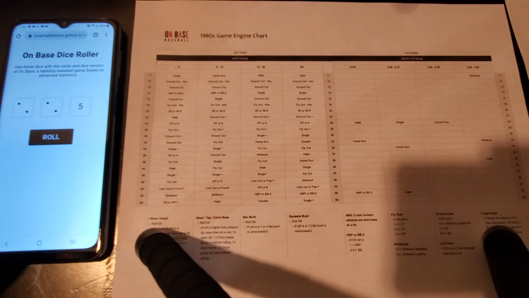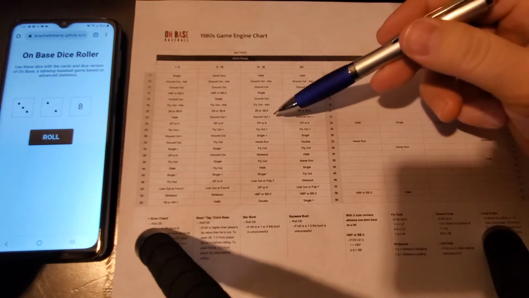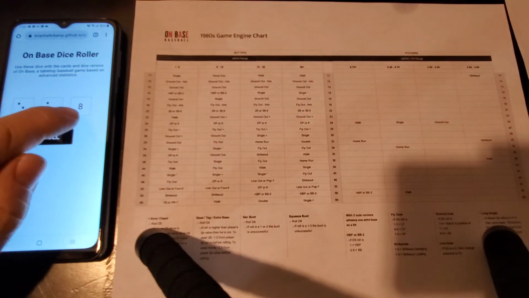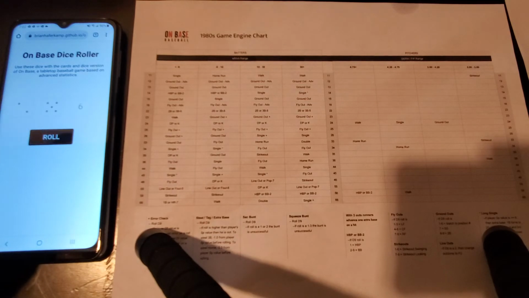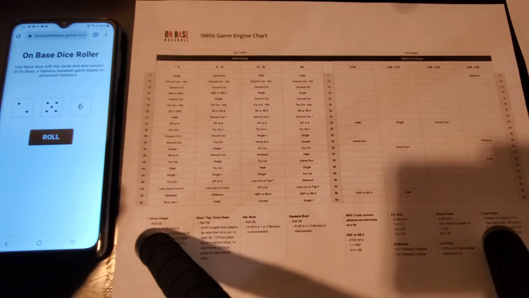So runners at the corners. Wally Backman to the plate. A 2-3 to Backman. He is a 10. And a 2-3 to a 10 is going to be a ground out with an error check. So the ground out to second base. No error on the play. Second baseman is Foley. He's going to make the play over to first for the 3rd out of the inning. So a lot of traffic on the bases there, but no runs come across as we head to the bottom of the 8th inning. And the Mets still lead 7-3 over the Expos.